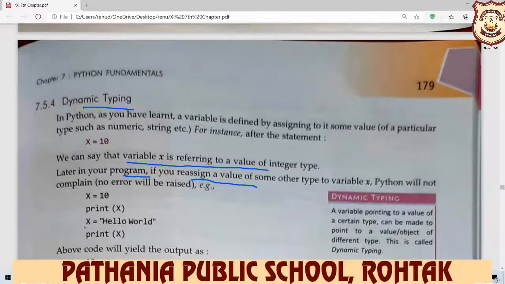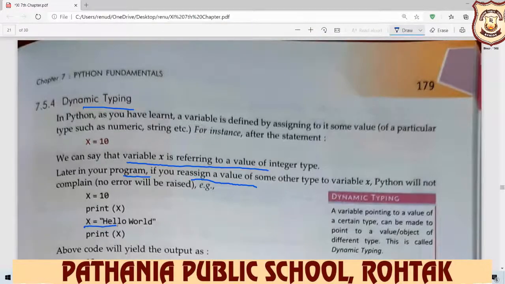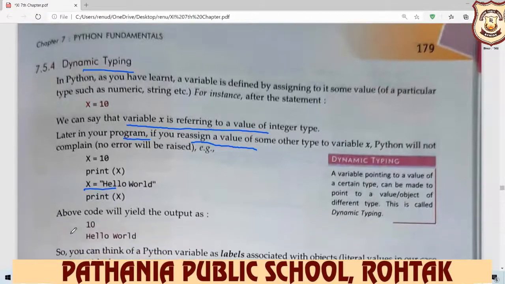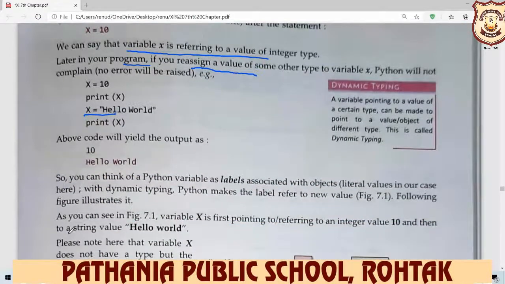After that, we write x is equal to hello world. We can write the same variable name many times in a single program in Python only, but we don't do that in C++ and other languages. This is the benefit of the Python language.